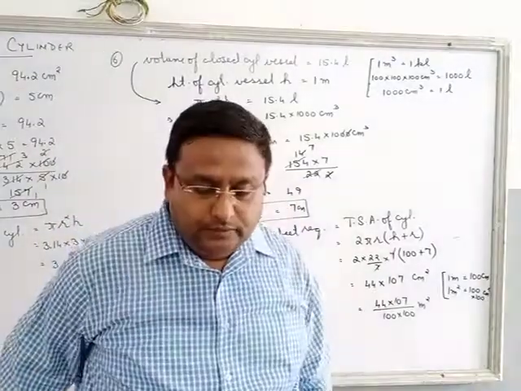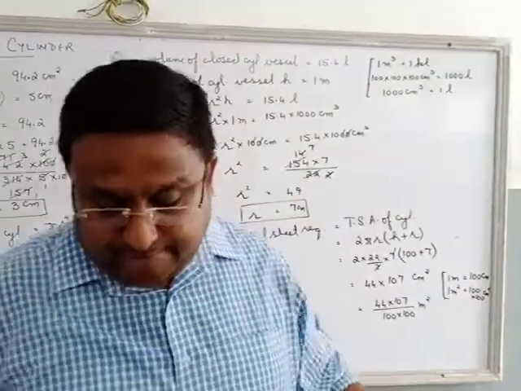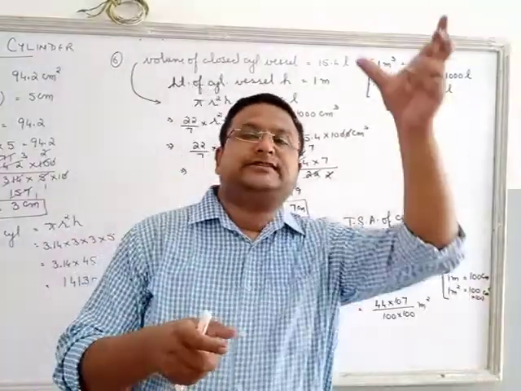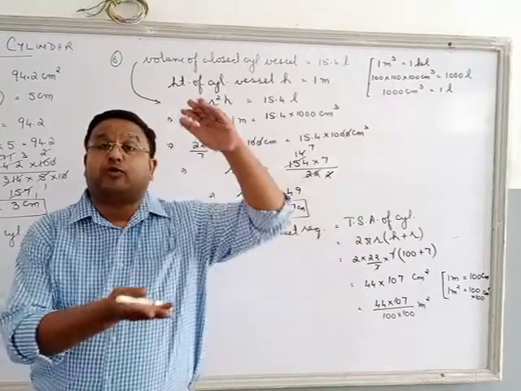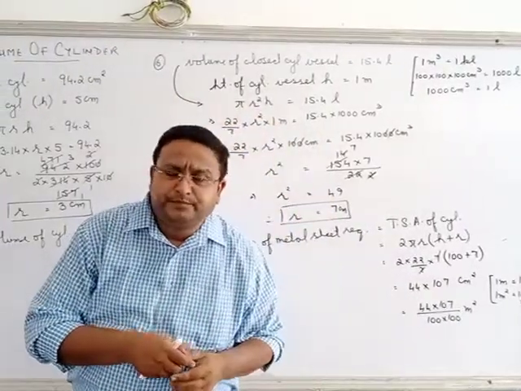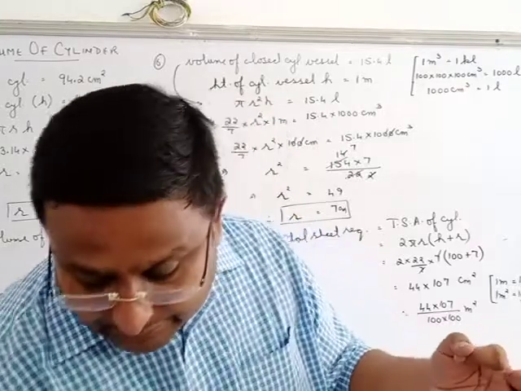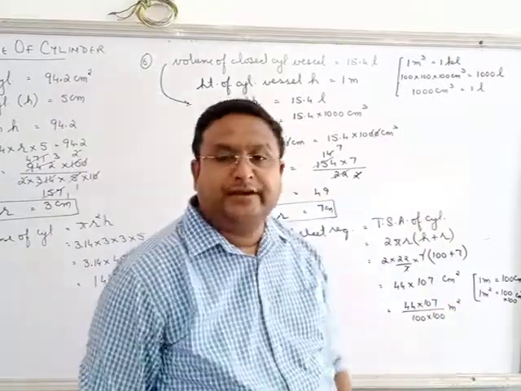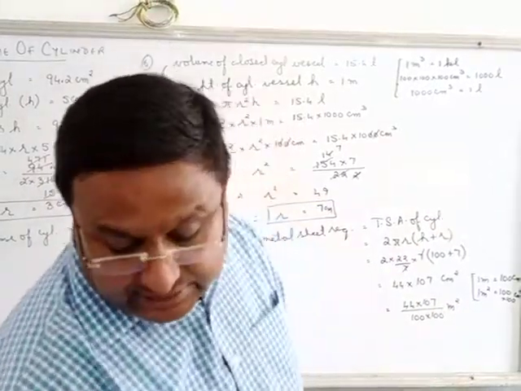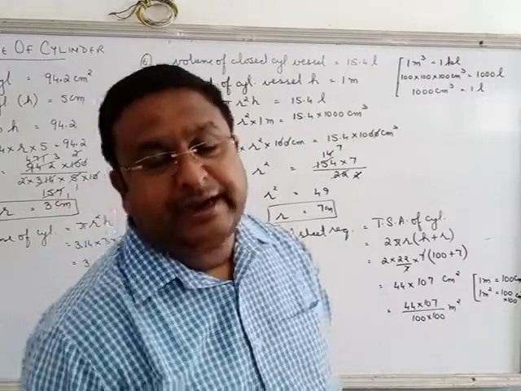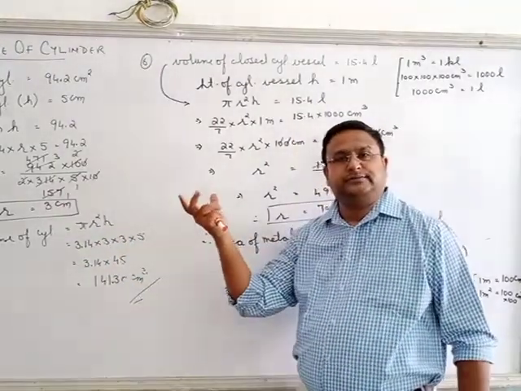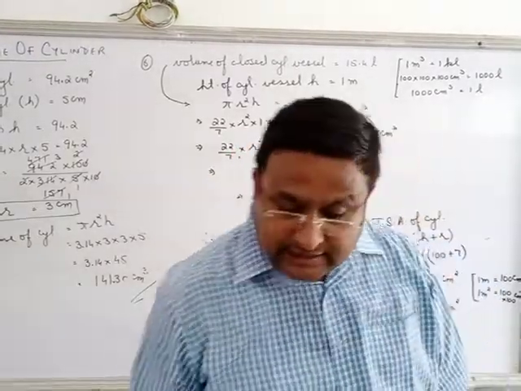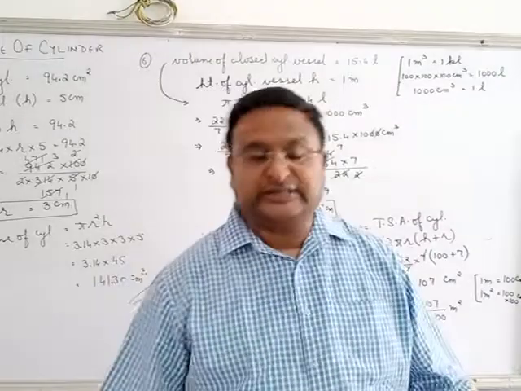Check question number 3. A soft drink is available in 2 packs. A tin can with rectangular base 5 cm, 4 cm and height 16. It is in the shape of a cuboid. The real juice that you drink at home, packed, is cuboid shaped. The dimensions are given to you: length 5 cm, breadth 4 cm and height 16. Can we find the volume? Then he says a plastic cylinder with circular base of diameter 7 and height 10. Again another one is a cylinder, like the cold drink tin cans that we use. He says which container has greater capacity and by how much.